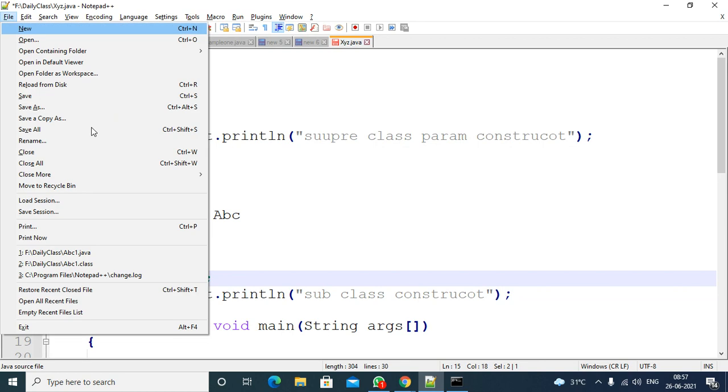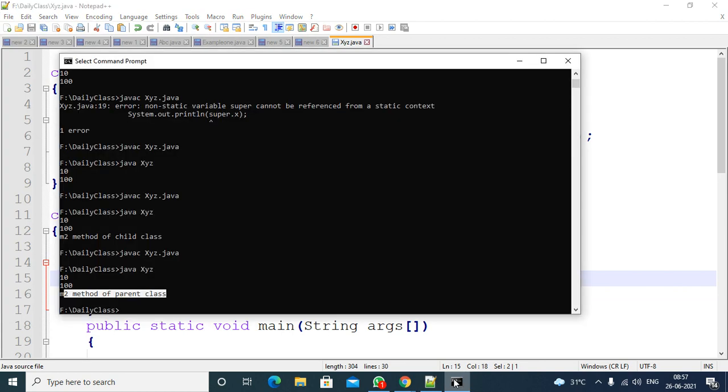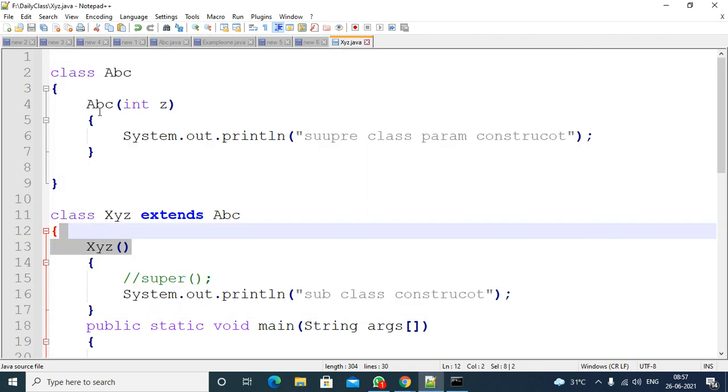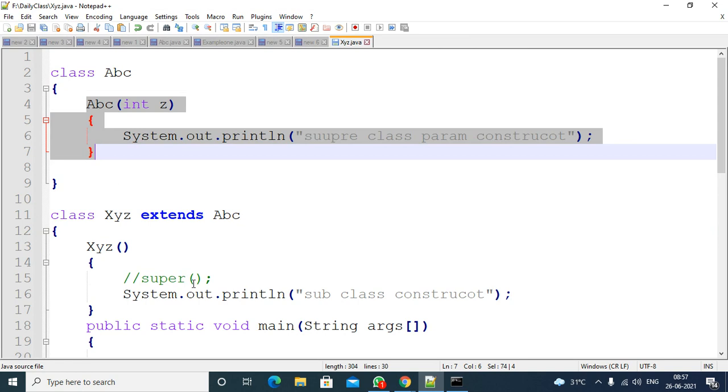Here you will get a compile time error. You are getting the error saying that constructor ABC in class ABC cannot be applied to the given types. That means a parameterized constructor is there, but it is expecting a default constructor. The default constructor is not there, that's why you are getting this error.